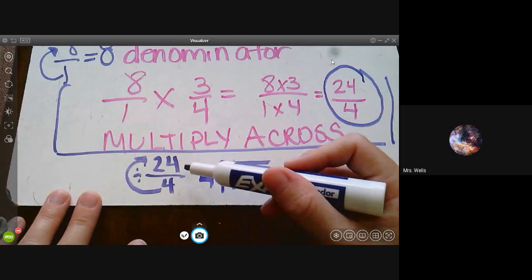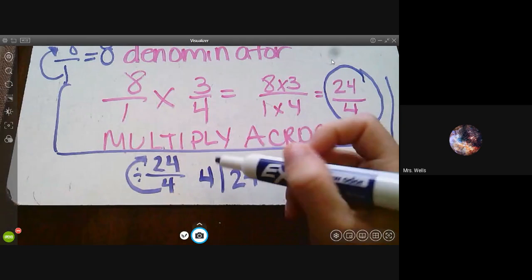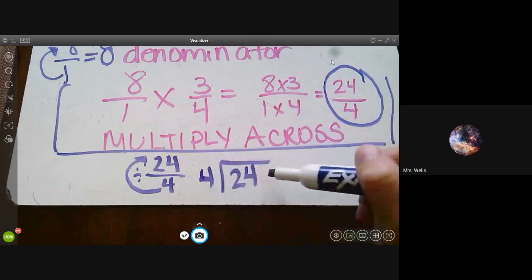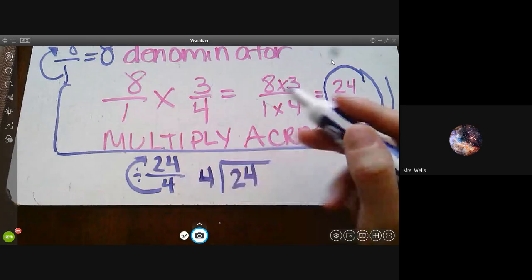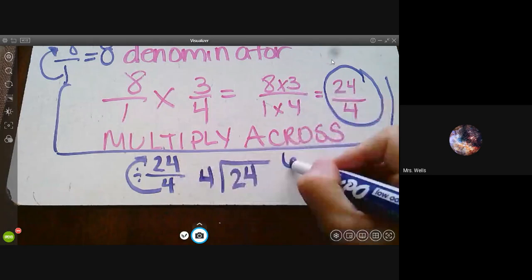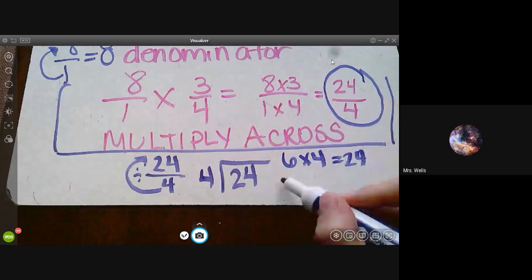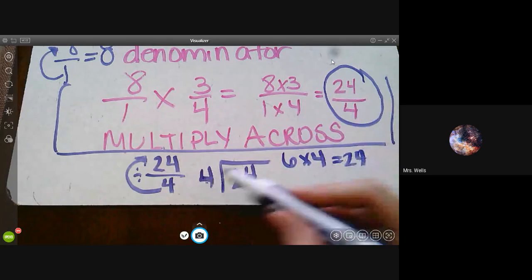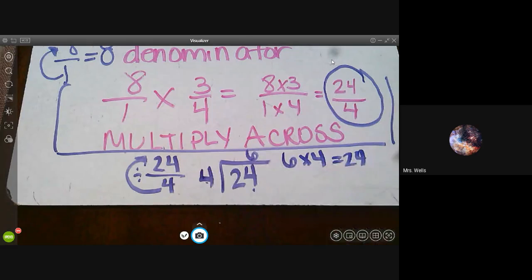So I say, I know that 4 can't go into 2, but I know that 4 can go into 24 as a whole. Okay? And I know that because I know my multiplication tables, 6 times 4 equals 24. So 4 divided into 24 is 6. So your final answer is 6